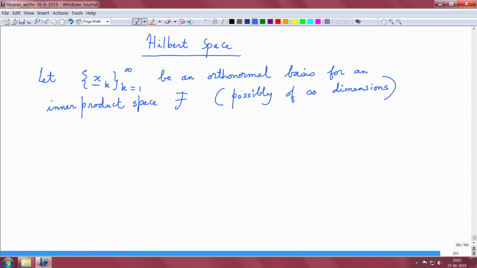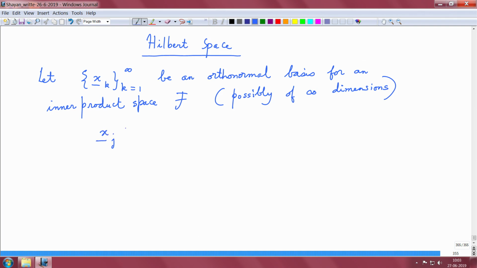So, when we talk about inner product space, that means this inner product is defined on this vector space, right. You start with a vector space for which you have an orthonormal basis, and when we endow this vector space with this notion of inner product definition, then we are dealing with an inner product space. So, we all know what inner products are, because we have dealt with it in the past, but put formally